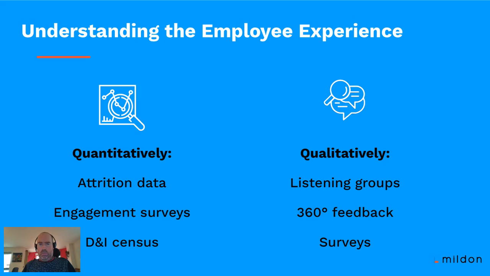And then you also might want to run some surveys in addition to any engagement surveys or D&I censuses that you run, in terms of getting that kind of qualitative feedback from people about what the culture is like in your organization, what they think you're doing well around diversity and inclusion, what room for improvement there is, and the like. So you need a balance of both quantitative and qualitative in order to get a nice, well-rounded picture.